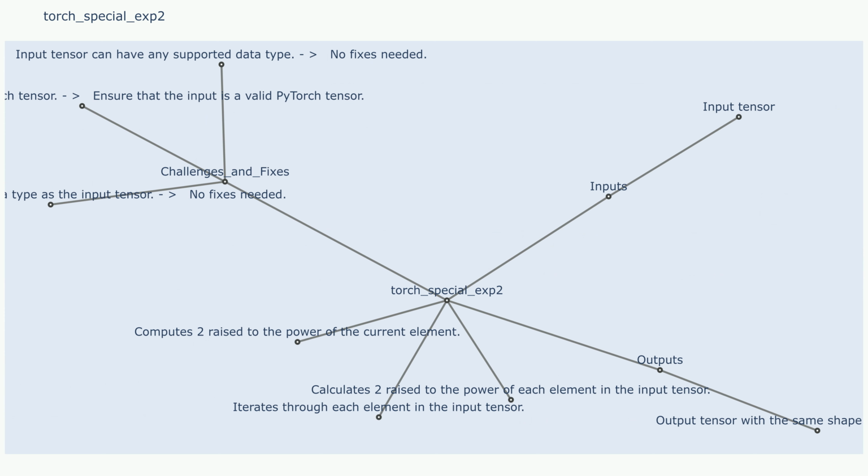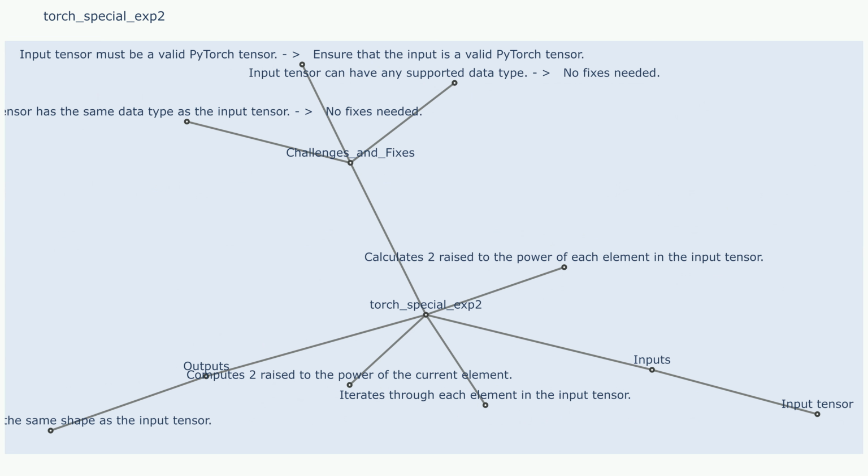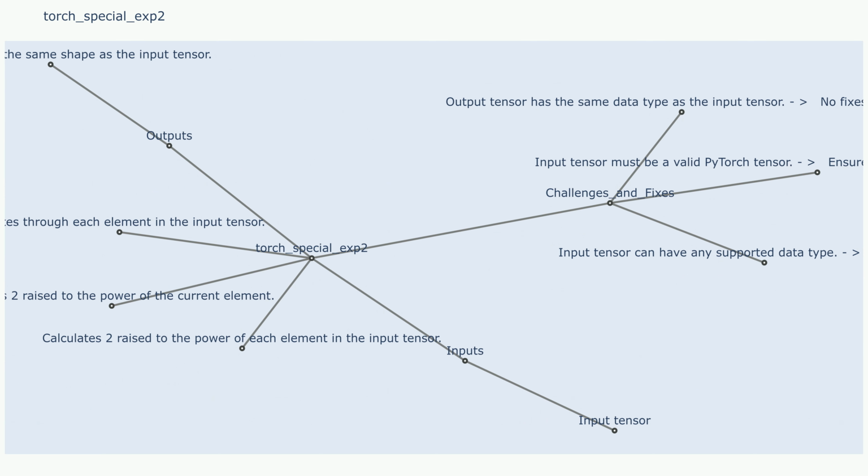Challenges and fixes. Challenge 1: handling large input values. When the input values are very large, the resulting exponentiation might lead to numerical overflow, i.e., the result becomes too large to be represented as a finite number. Sample use case. Input tensor: torch.tensor(1000). Output tensor: torch.special.exp2(input tensor). Fixes. Use a different base for exponentiation, such as base e using the torch.exp function if the input values are